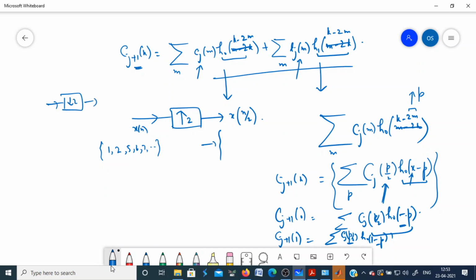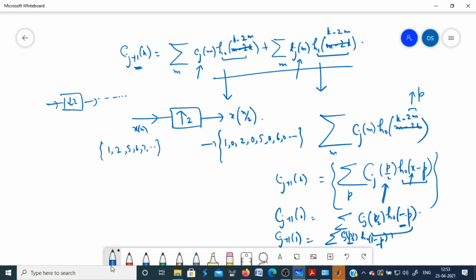reduction of samples by a factor of 2. So it will delete one sample between every two samples. So you get sample at 0, then at 2, then at 4, 6, and so on. Now in this case, it will increase the sampling rate. It means it will insert one new sample. Now since we don't have any samples, we don't know what is there, we simply insert zeros. So we have one sample, then 0, then 2, then 0, then 5, 0, 6, 0. This is what is interpolation.